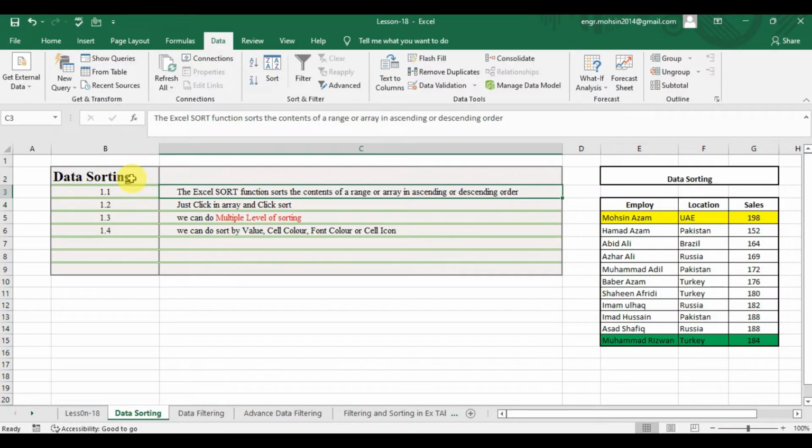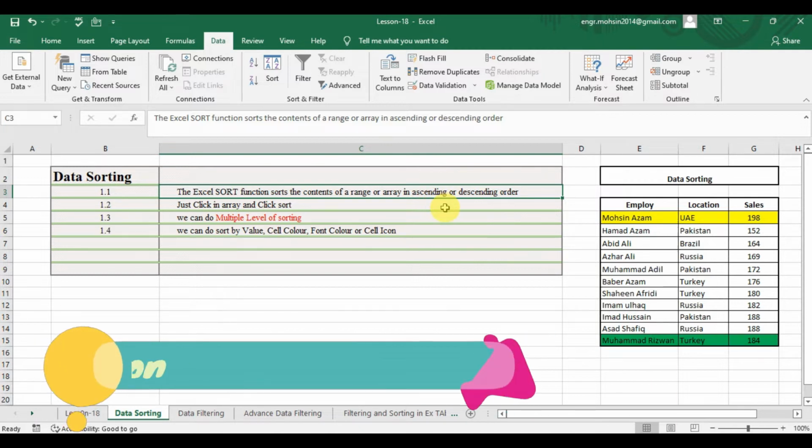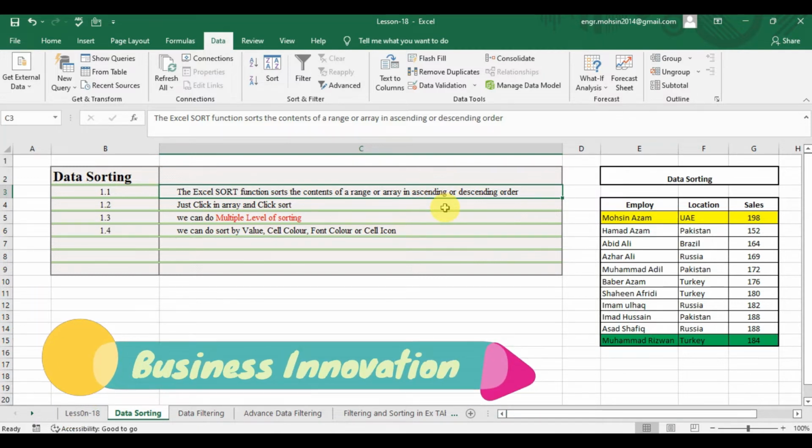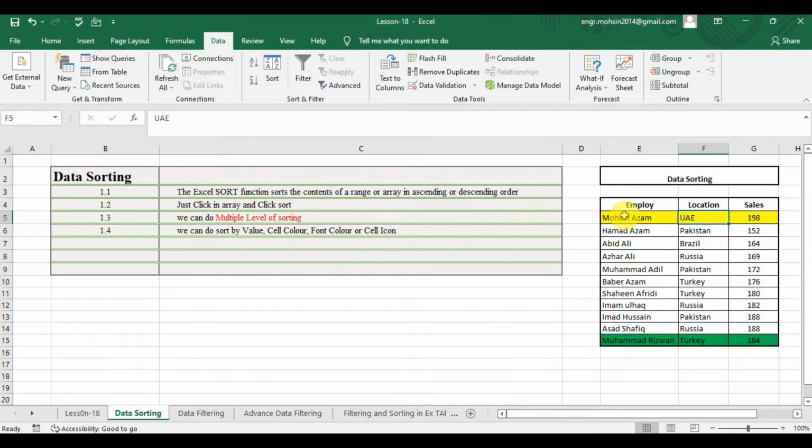Excel sort function sorts the content of a range or array in ascending or descending order. So what the sort option is doing in Excel is just to sort or arrange the data in descending or ascending order in any array or range of cells. Just click in array and click sort. So for example, we have one array or group of cells, or we can say a table here, and if we want to sort it,